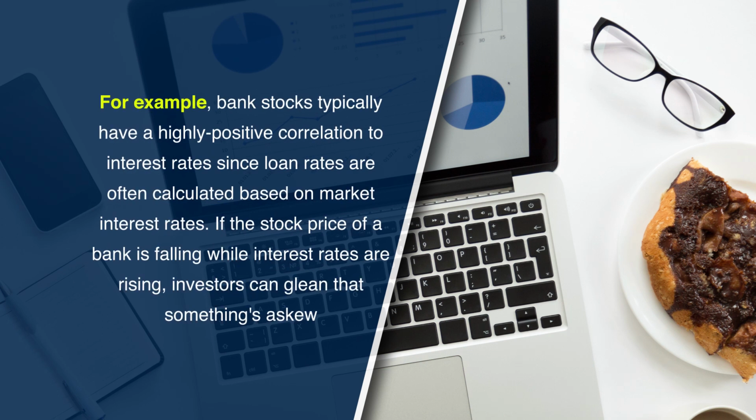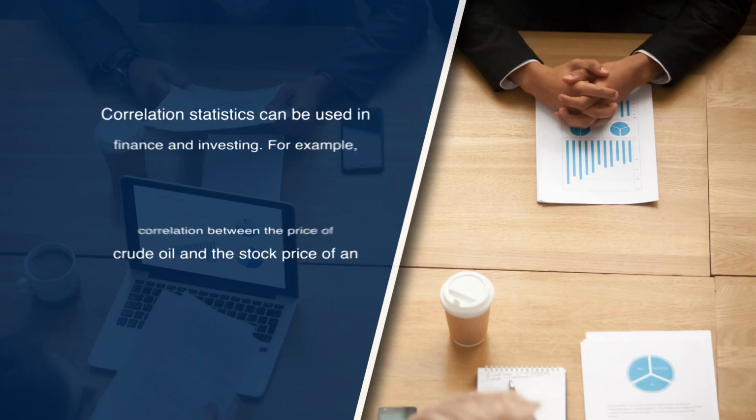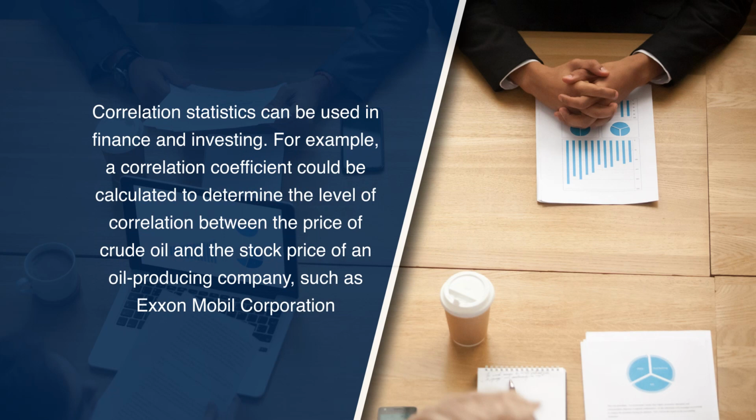Bank stocks typically have a high positive correlation to interest rates, since loans are often calculated based on market interest rates. If the stock price of a bank is falling while interest rates are rising, investors can glean that something is askew. If the stock prices of similar banks in the sector are rising, investors can conclude that the declining bank stock is not due to interest rates. Instead, the poorly performing bank is likely dealing with internal fundamental issues. So, what I mean to say is that correlation statistics can be used in finance to see the trends of investing in